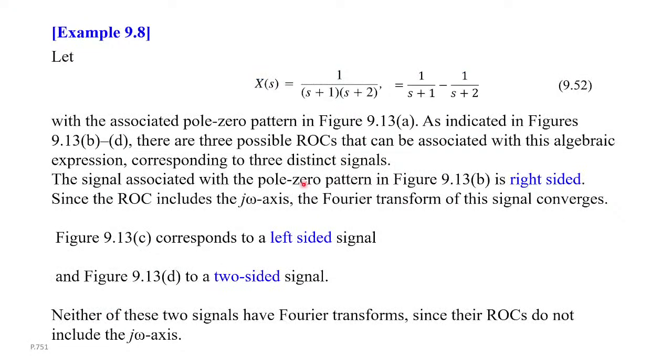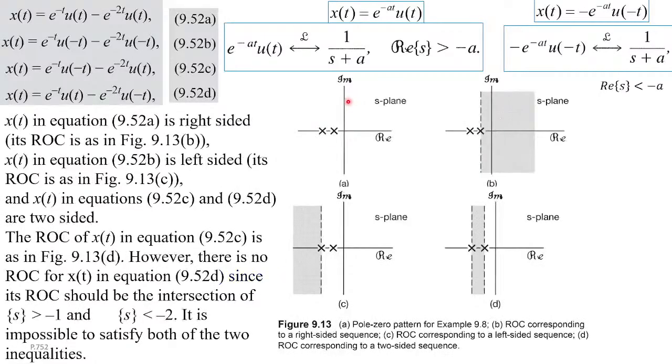So now if we have some algebraic expression of our Laplace transform, and there are multiple poles, we can write the poles on our complex plane, and then we can just read from the graph